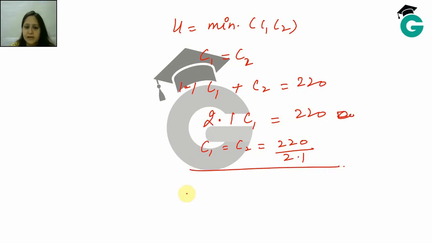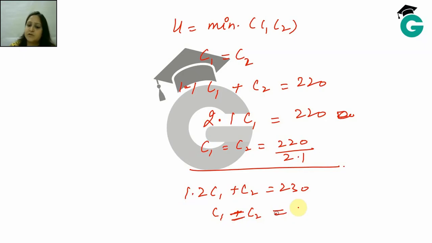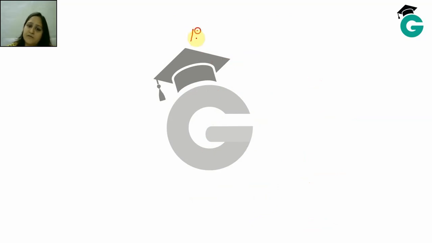first case. In the second case, it would be 1.2 C1 plus C2 is equal to 230. So then C1 is equal to C2 is equal to 230 upon 2.2, whatever that answer comes out to be. So basically the idea is for you to figure out the budget line. Once this budget line comes, you have to maximize. We said this same thing in labor supply too. It's the same thing. Now the only difference is that if you have been given inflation, let's suppose in this question